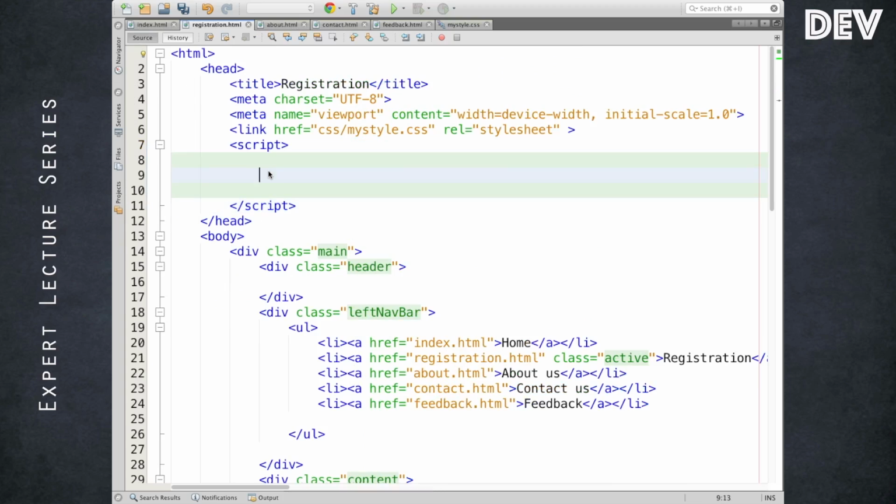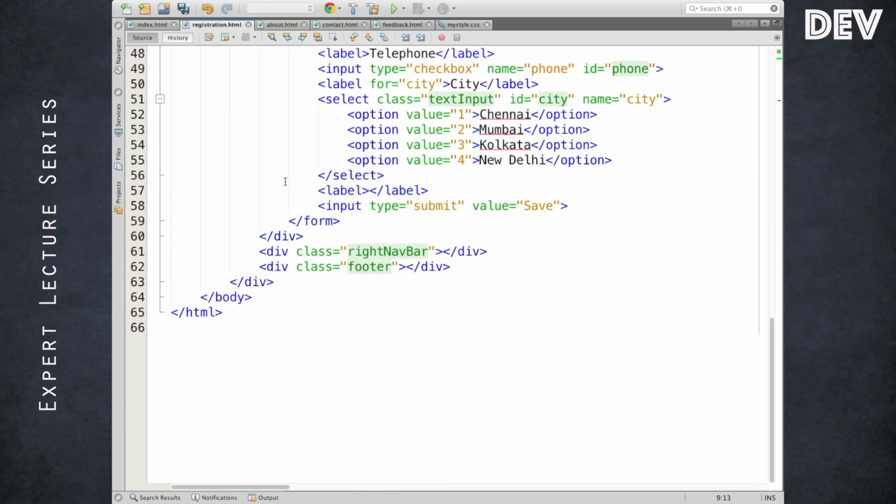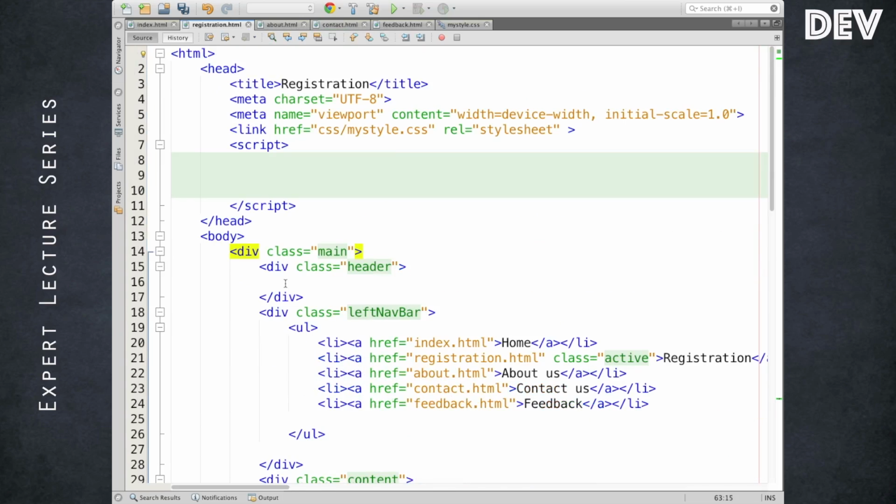If your JavaScript code is much bigger, with a longer number of lines of code, the loading time will suffer if you are loading it on the top itself. So it will be better to keep the JavaScript block at the end, just before ending your body tag, which would be an ideal place. But as we haven't written even a single line of JavaScript, we don't need to worry.